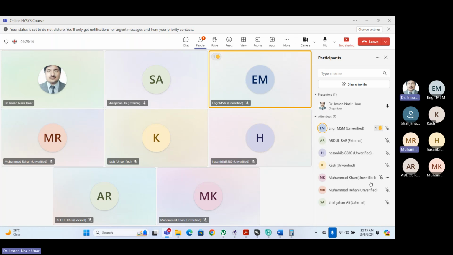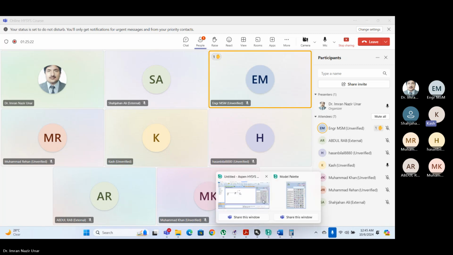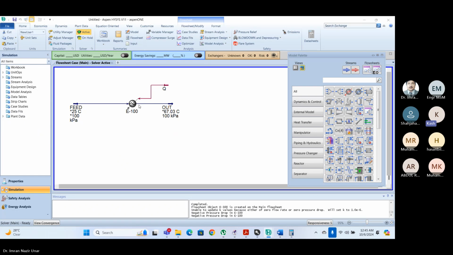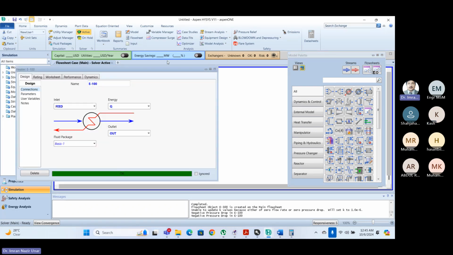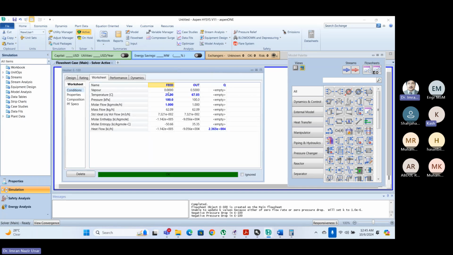Done it? Not yet. Still working on feed, but okay. So how about the out feed? When you provide the information of feed in the worksheet tab,